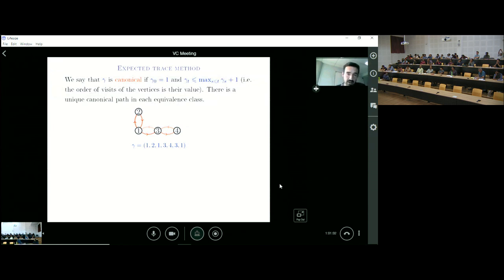You use the order of visit of gamma. You interpret the successive vertices visited by gamma as a process, in time. So the first visited vertex, you call it 1, and when you visit a new vertex, you give it a label which is just 1 plus the largest label visited so far. So for example, if the path is 1, 2, 1, 3, 4, 3, 1,